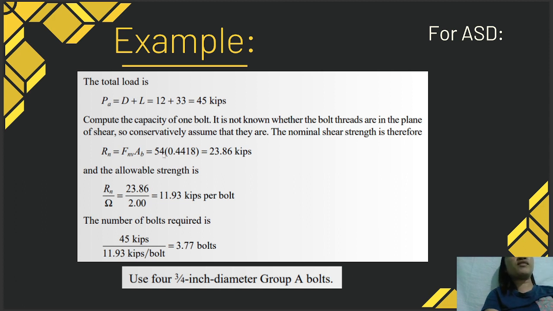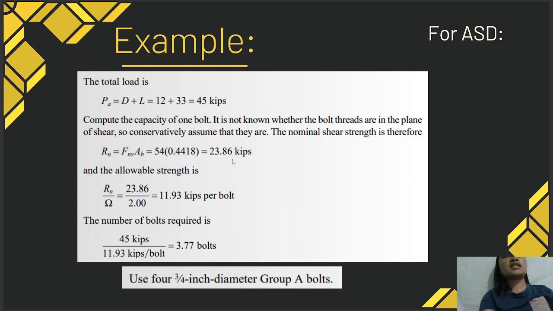This is the same as what we did previously. Solve the shear strength of one bolt. Since it is still not stated whether the bolt threads are in the plane of shear, we assume that they are. So we use Fnv of 54 ksi. The nominal strength is 54 times 0.4418, which is equal to 23.86 kips. Then the allowable strength is just Rn over omega, the safety factor,